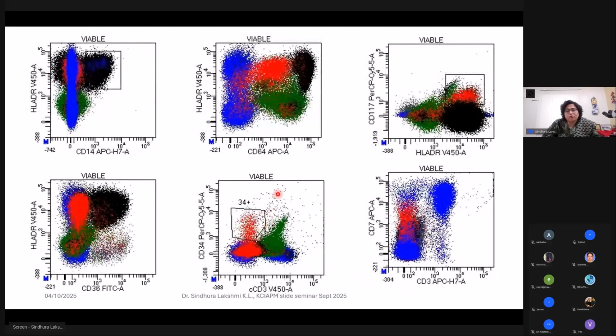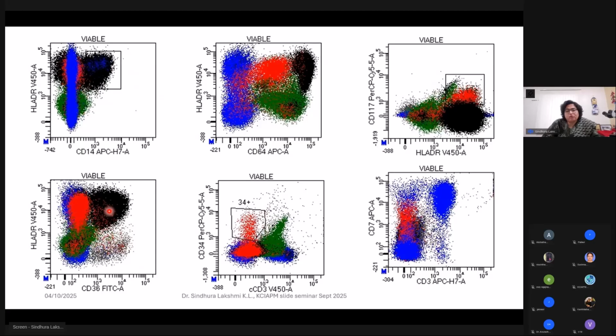Okay, so they were also positive for blasts of monocytic differentiation, which were also positive for CD14, CD64, and negative for CD117. They were positive for CD36. Now, as per the lineage assignment,